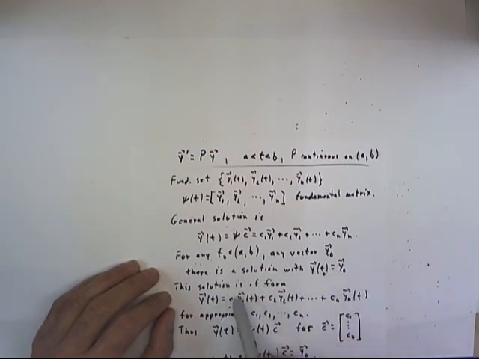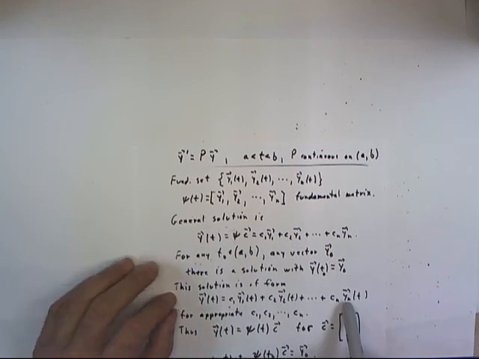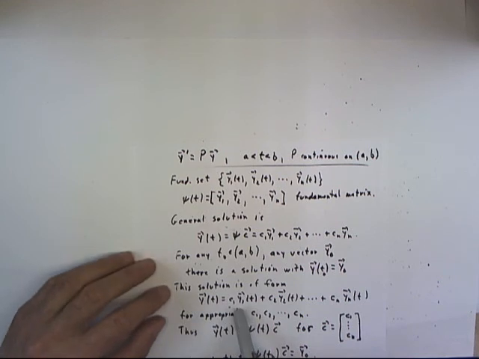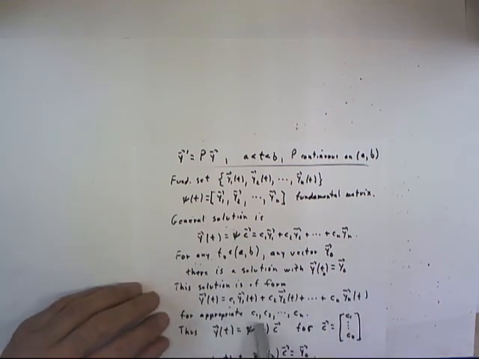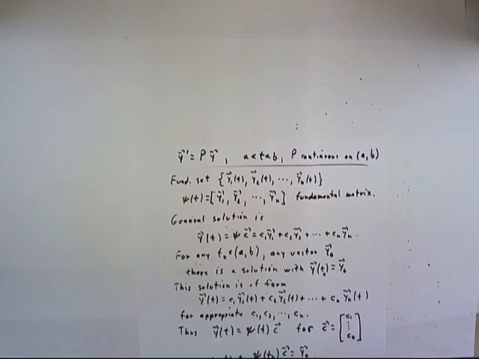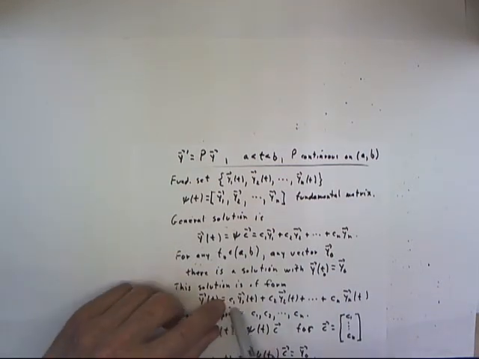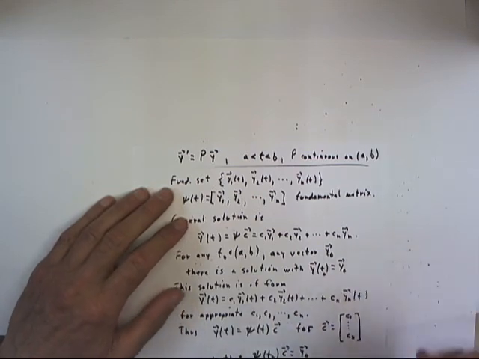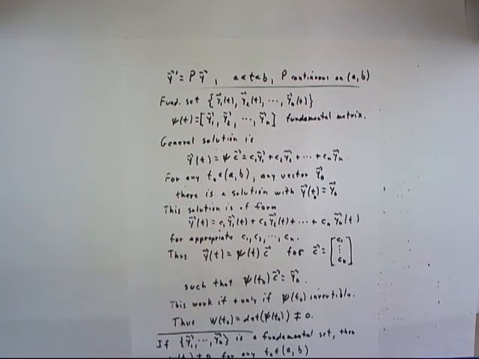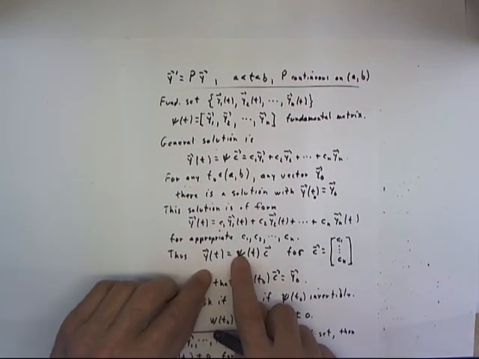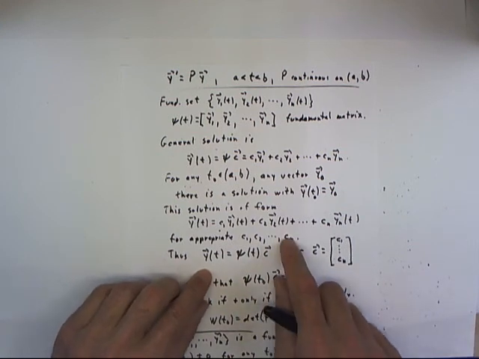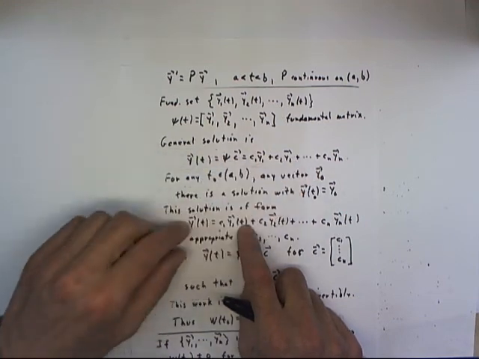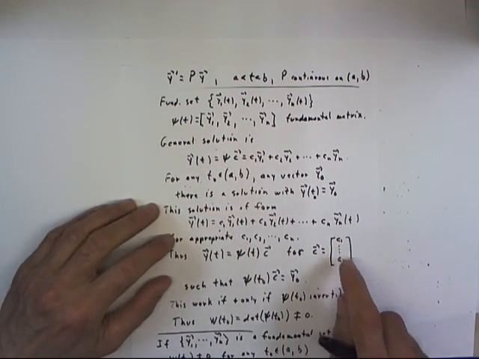Well, since there's a solution, the solution has to be of the form of a solution. Remember that the general solution is just this, so the solution must be of this form for appropriate values of c1 through cn. Now the condition on this solution would be that if we plug t naught in, we do get the vector y naught. So since this vector that has to be equal to y naught when t equals t naught is of the form psi c, for a c of this form,